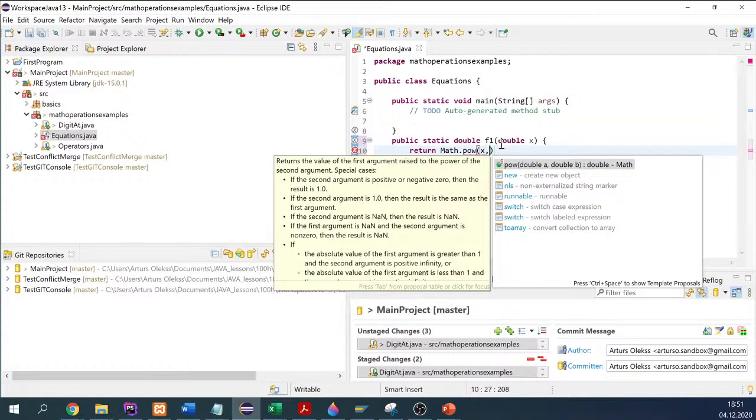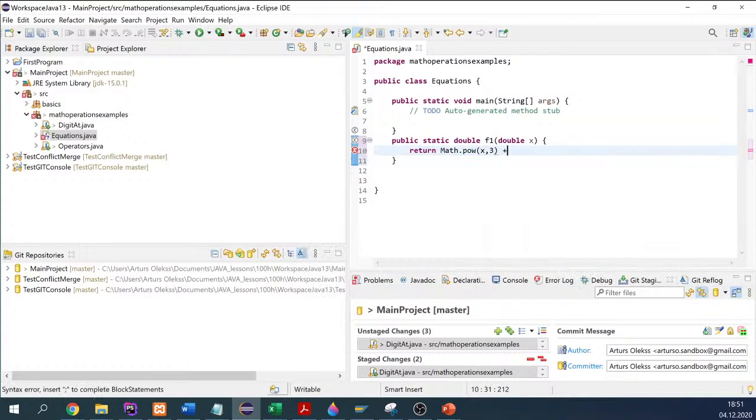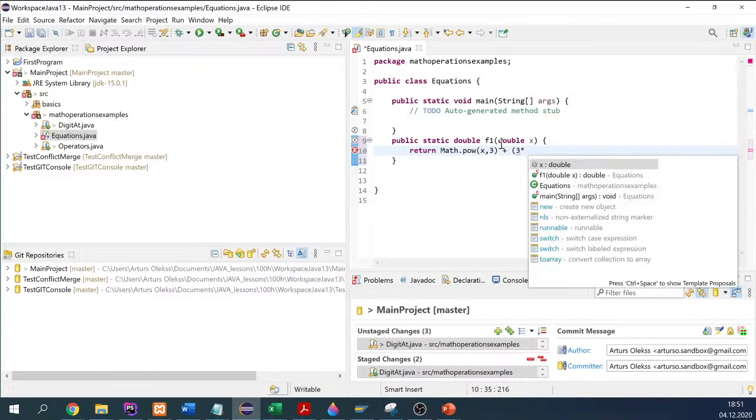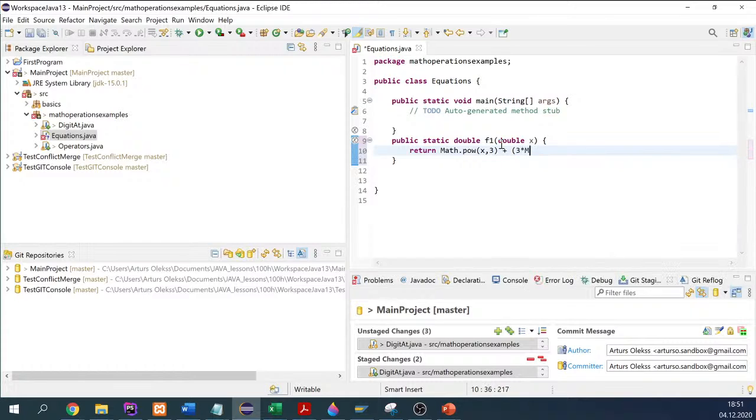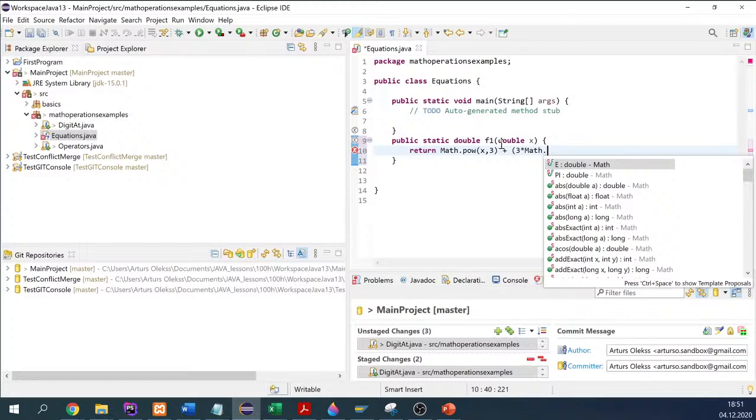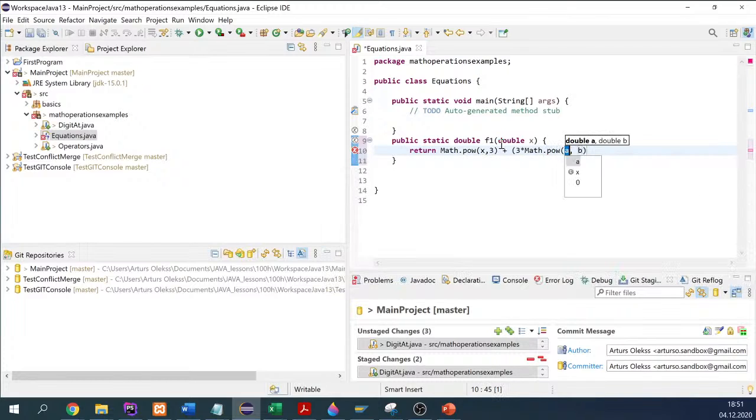So we have x to the power of 3, plus 3. Now we can use brackets to make it more precise. So Math.pow, and again x to the power of 2,